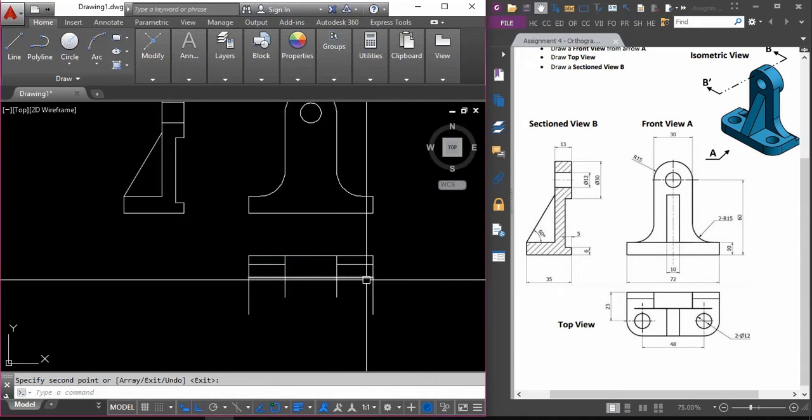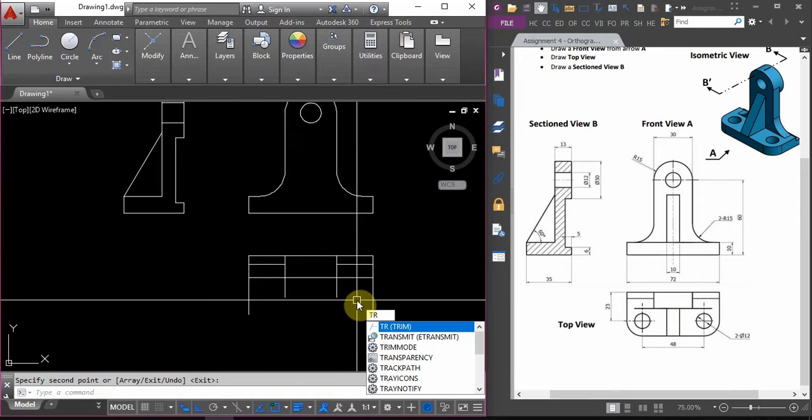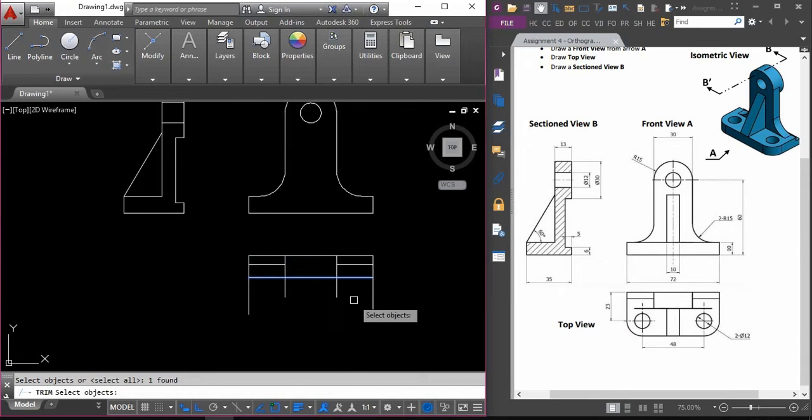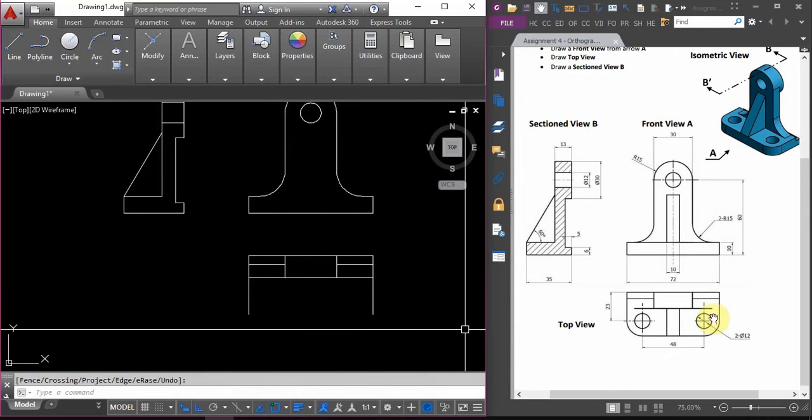So it will be here. This is the line here. So do the trim, TR for trim. Select the boundary, and I select this. Okay. But it is a bit shorter, you can see here, because